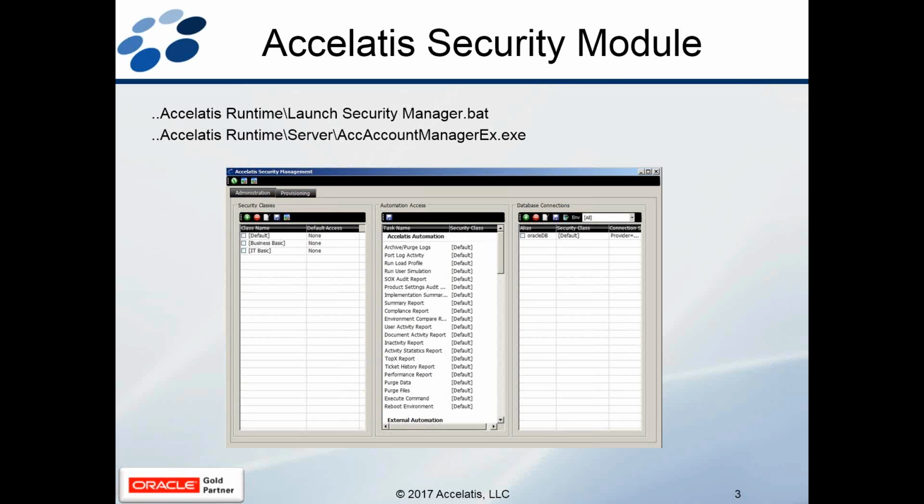So the Accelatis security module, the way that you get to it is on any server that's running the Accelatis host, and this is on a Windows server. You would do one of two things: either launch securitymanager.bat off of the Accelatis runtime directory, or in the server directory is the actual executable, which is ACC account manager ex.exe, and it opens up to a screen just like you see here. You have to have special rights in order to do this. So the admin account by default has that right. So if it's the first time in, log in with the admin account, and it'll open up to this screen